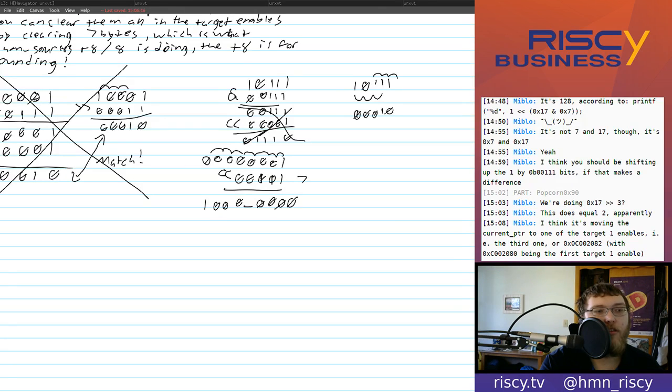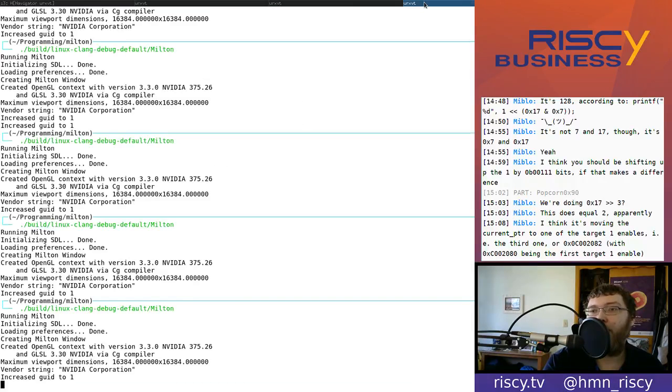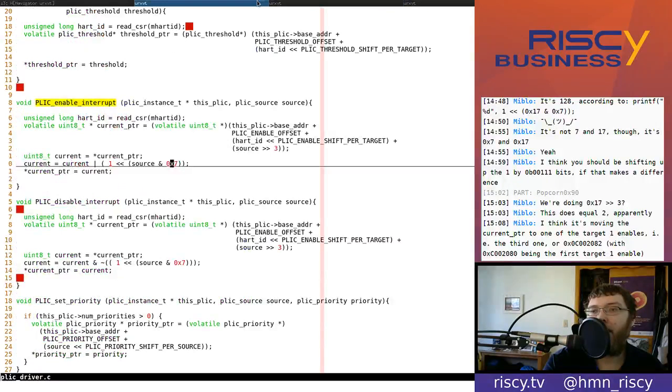So it would move you to the 3rd enable. And that's correct. Like if it was target 0, it would move you to 2002. And if it's the 2081, it would move you to the 2082, like you're saying right here, right? And that is the 3rd enable in that array of bits. But the thing I'm confused about is starting from there,